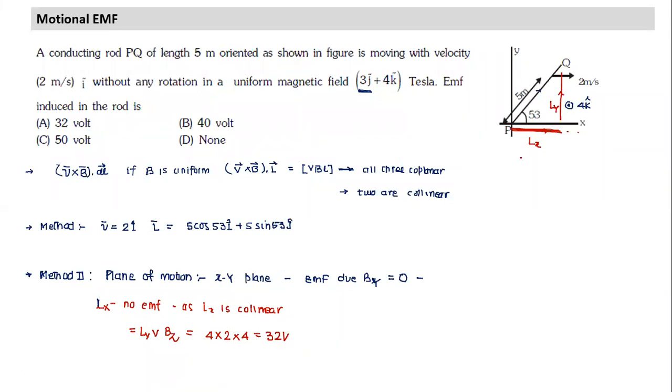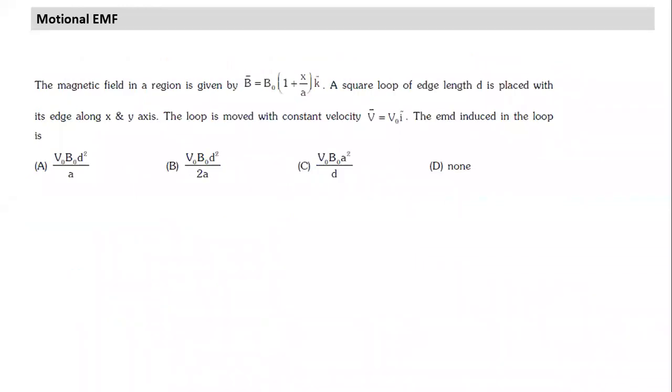I thought this gives you some more insight into what is happening. We have understood two parts. We understood why this component will not contribute to any EMF, and also that if we take L into two components, why this part will not contribute. The third method is that the velocity also could be resolved into two components. So either we can resolve L or we can resolve velocity. Each way we can solve. Let's look at the next question. All of you read the question carefully and think about how we solve it.